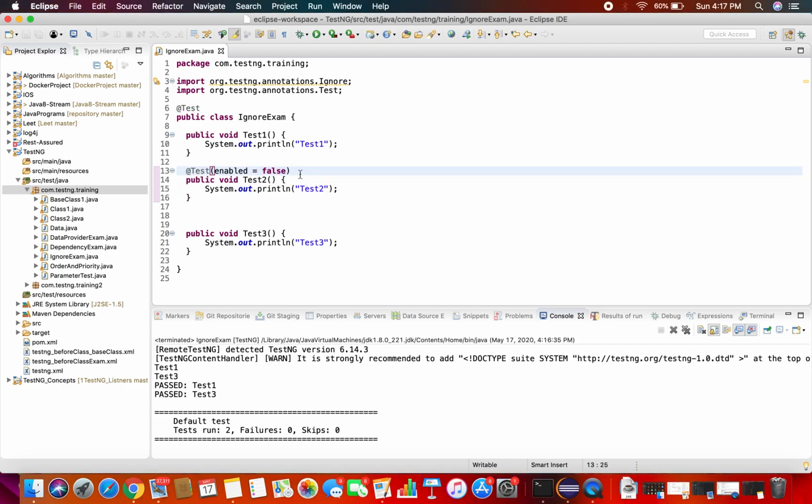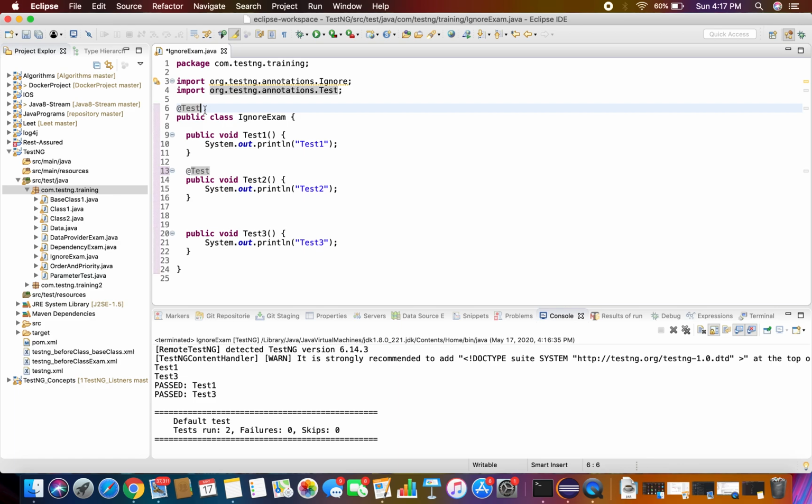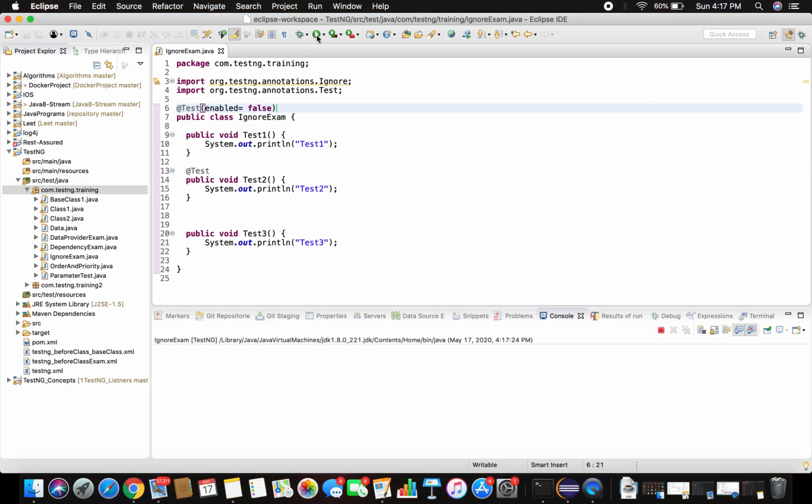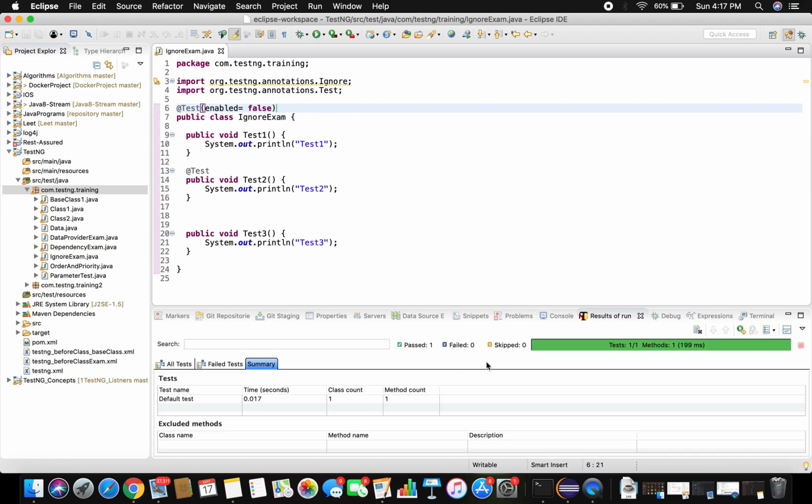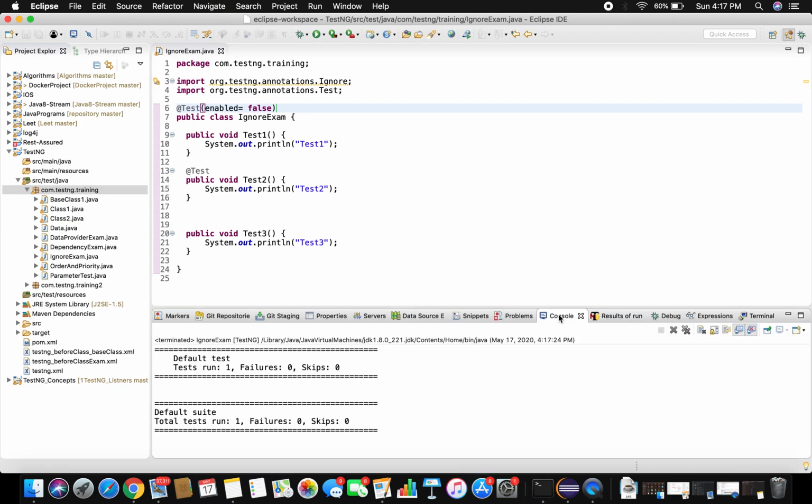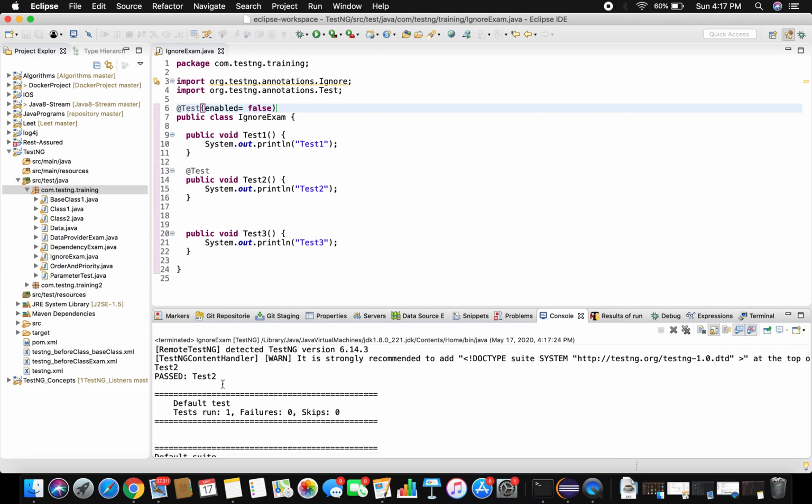This will work. But still, if you want to disable everything, all the methods inside your test, you can use enabled is equal to false. Okay, one test case has executed, that is test 2.